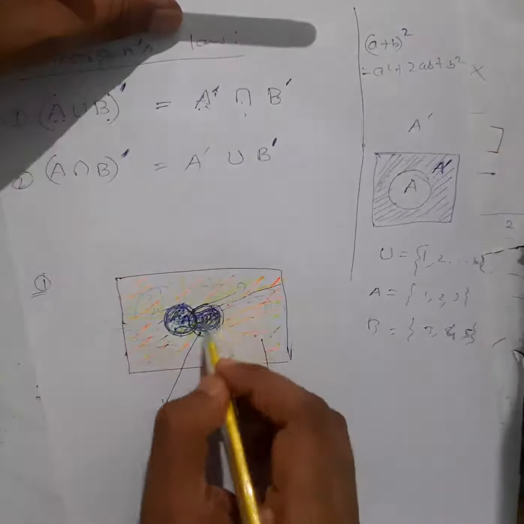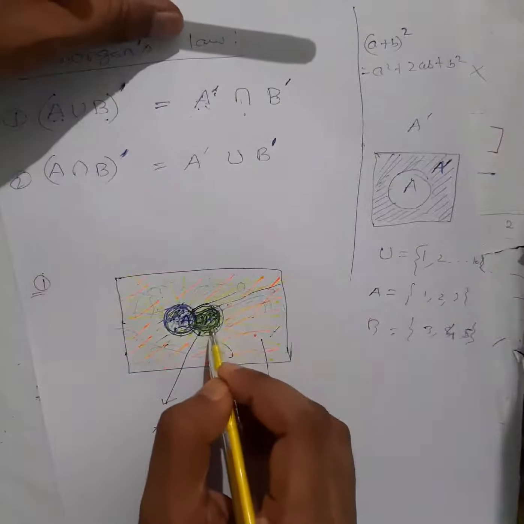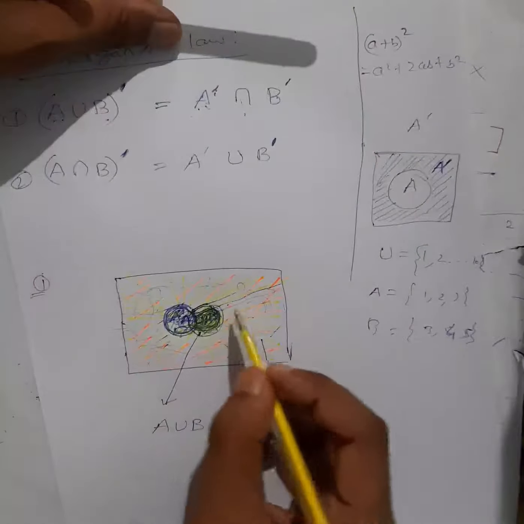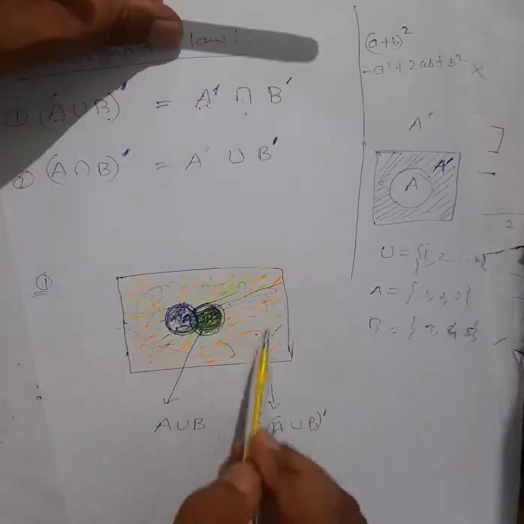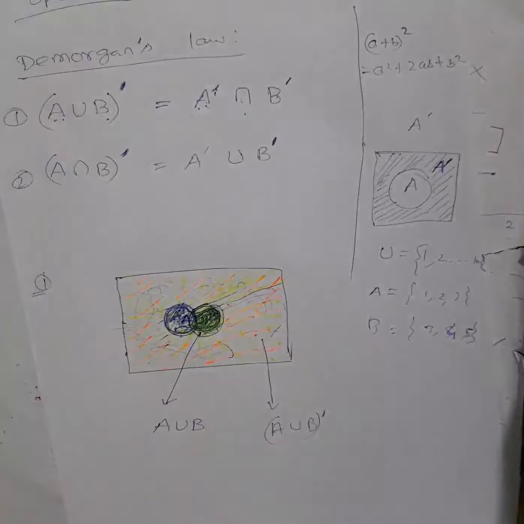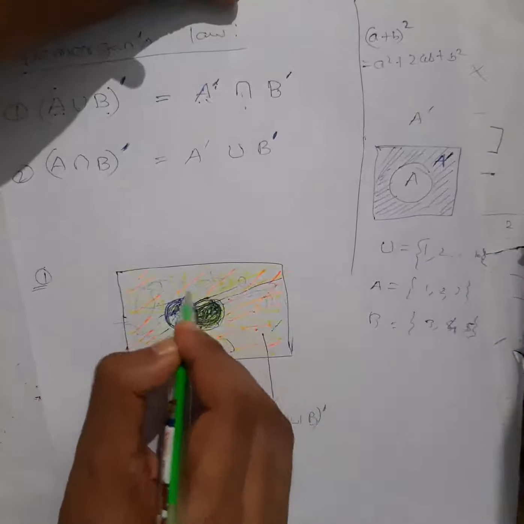Okay, so it will be there in B also. But remember, in B, your orange color is not there, meaning A union B is not there. Okay, so your yellow color comes on the orange region, all this orange region. Right? Now see carefully your B complement. B complement will be which one? This is your B. B complement will be other than B.